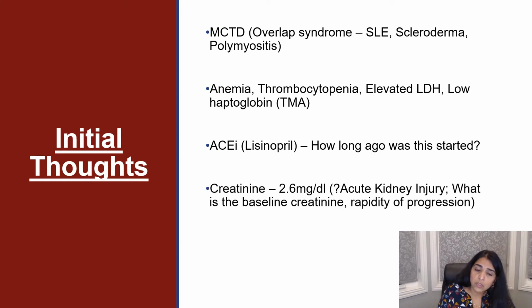So, of course, one of the main concerns, I should say, is a creatinine of 2.6. And for the purposes of this talk, we're assuming that this is an acute kidney injury. However, without knowing what her baseline creatinine is, and by that I mean what it was a few days ago, weeks ago, months ago, it's not reasonably possible to say definitively whether this is AKI or whether there is a subacute or chronic component underlying, and what is the rapidity of progression. Regardless, like I said, we will assume that this is an AKI in this patient.